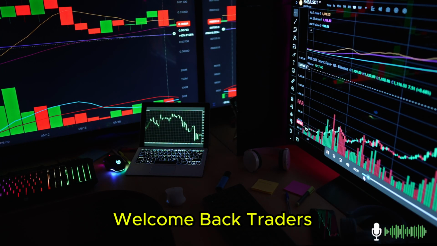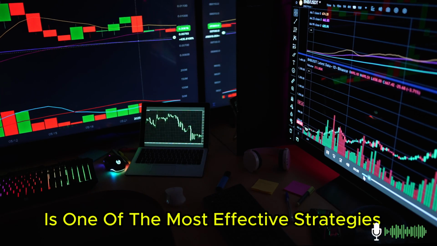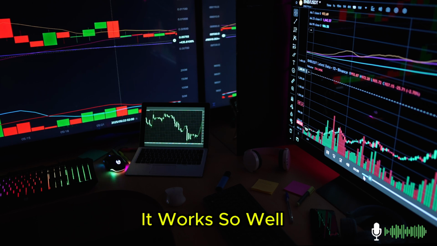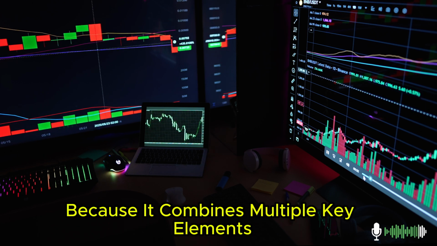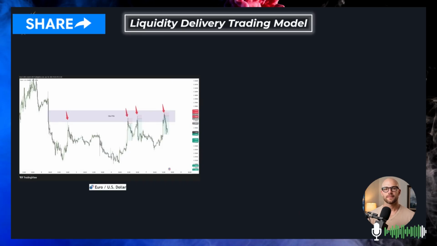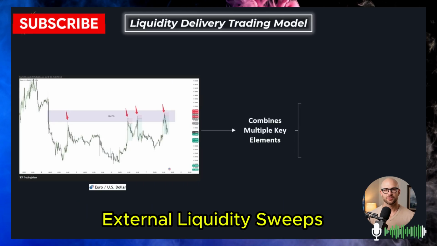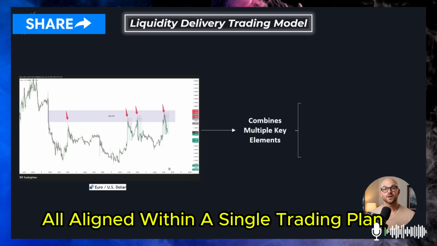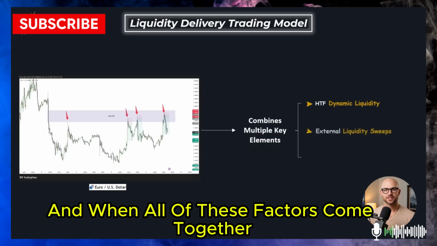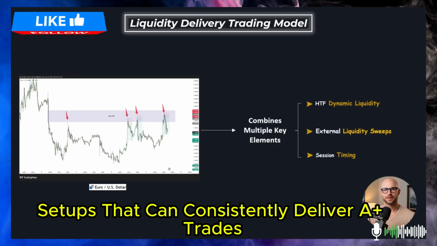Welcome back, traders. So let's get started. This powerful trading model is one of the most effective strategies you can use in today's markets. It works so well because it combines multiple key elements into one complete system. Higher time frame dynamic liquidity delivery, external liquidity sweeps, and session timing, all aligned within a single trading plan. And when all of these factors come together, they create high probability setups that can consistently deliver A-plus trades with